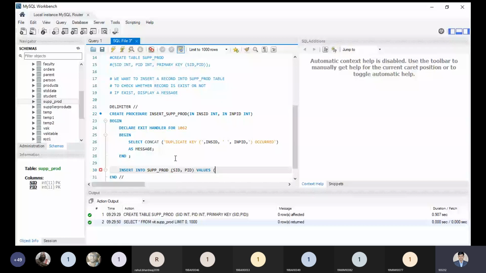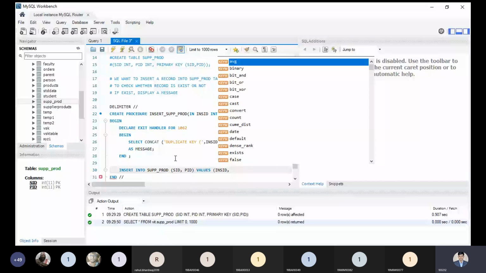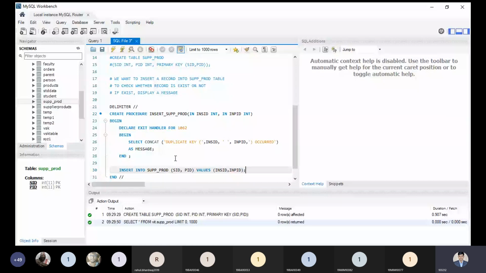I must use the local variables, those are in SID and in PID. By this syntax, the supply production table will be updated with the new records, that is the supplier ID and production ID. Now, is this part clear to all? Yes, please tell me.